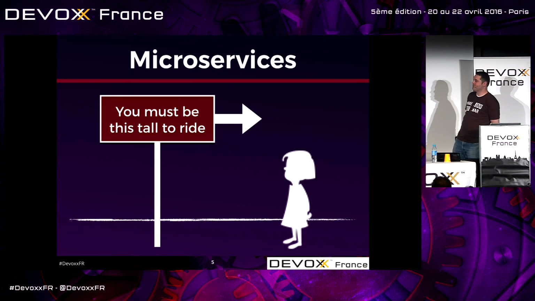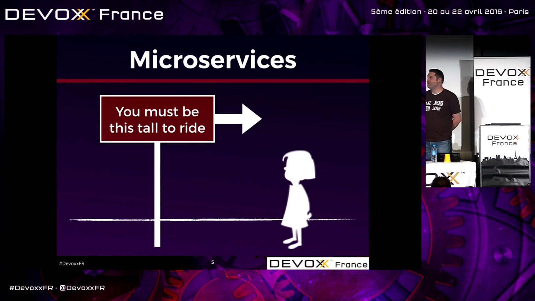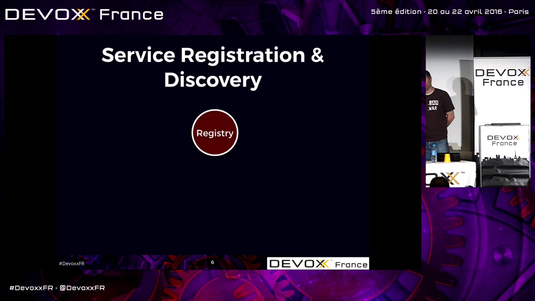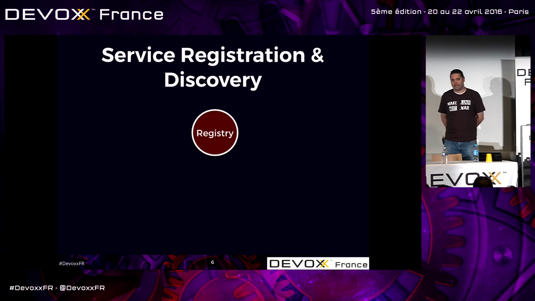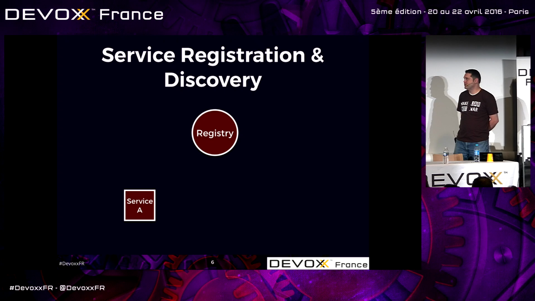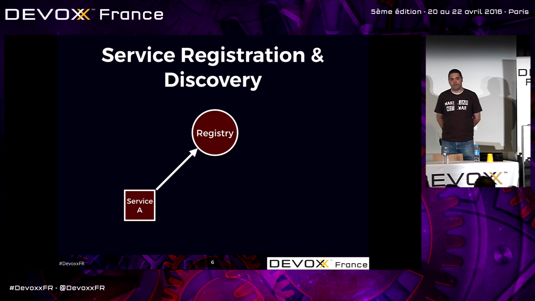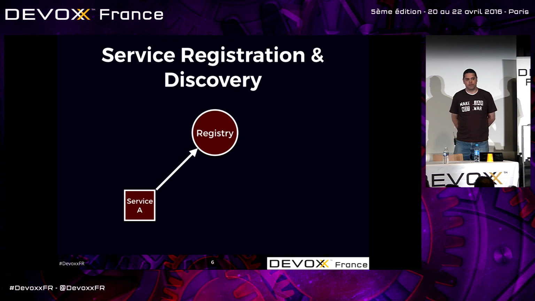I couldn't find a good picture of it, so I made one of my own. When you have all these instances of services up and running, they need to know how to find themselves. Instances come up, they come down, so they have this concept of a service registry. It's a pretty simple concept, right? There's this entity that lives somewhere, and when an instance of a service comes up, it says, hey, registry, I'm here. The most basic information it passes is a host and a port, right? This is how other services can connect to me.